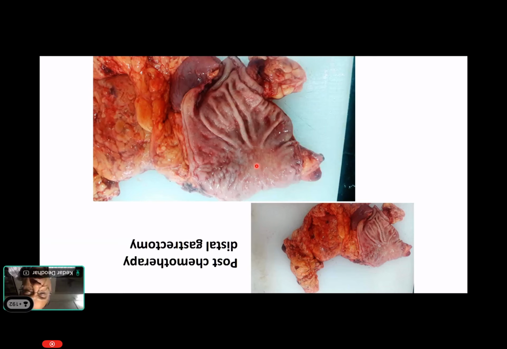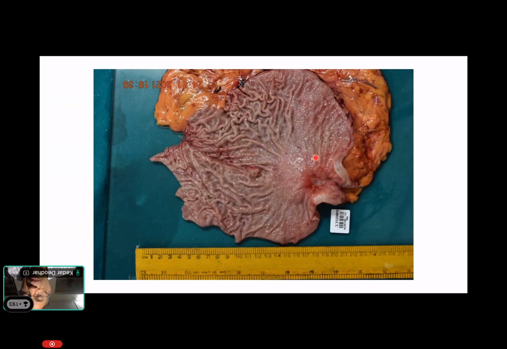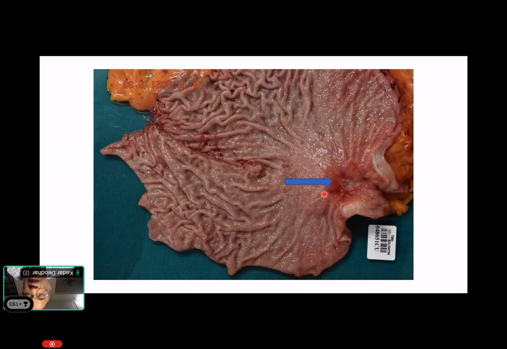And this is the area where I will take the maximum number of sections to see whether there is any complete tumor response or a partial response. So again, this is the area of proximal stomach, ulcerated area. So we'll take sections from these areas, 3 or 4 sections, and so on and so forth. Again, a higher power view of an ulcerated area, which is post-chemotherapy. This is the area where there's no rugal fold, there's some congestion. It could be paler or it could be congested, but if you can see this thickened area here, that's the area which is most suspicious,